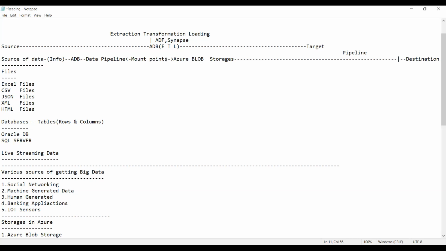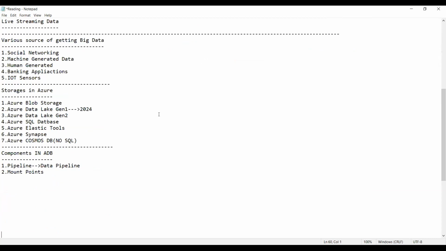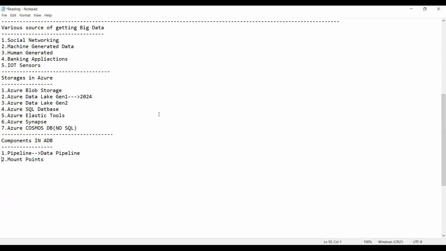Whereas the third component of the ADB here, yes guys, these are called as what is that? Data sets. But here we also call them data frames in Python.